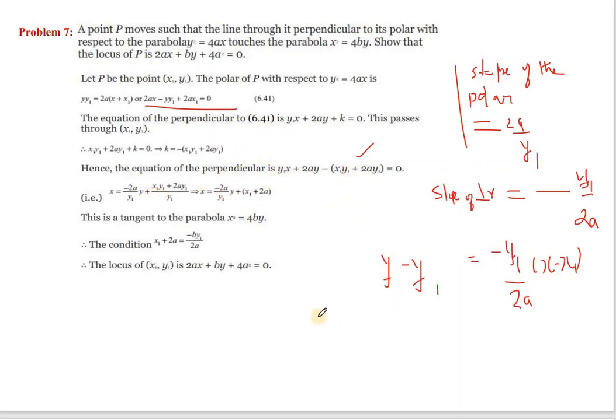Now you write this in the form y is equal to mx plus c, and then the condition for that to be tangent to this is c is equal to, so here this is what your c is. C is equal to b by m you have to write, not a by m, because here 4b comes where we have 4a. So when you write it, it will be b by m. So m is minus 2a by y1, that will go up. So you have this, then cross multiply 2ax1 plus 4a square, and this one should be brought to the left hand side. So dropping the suffix, you get the locus.